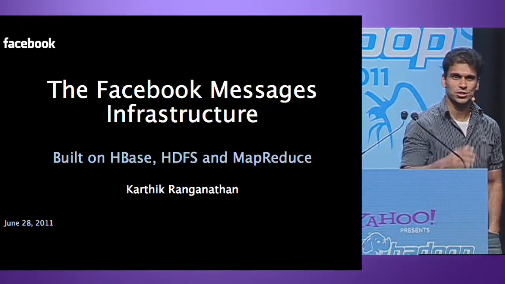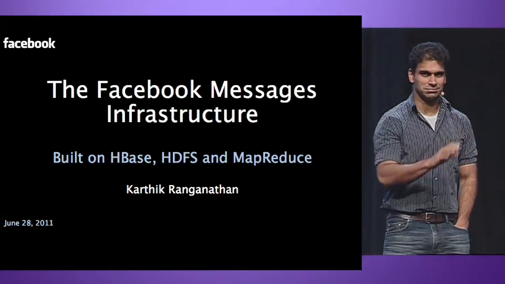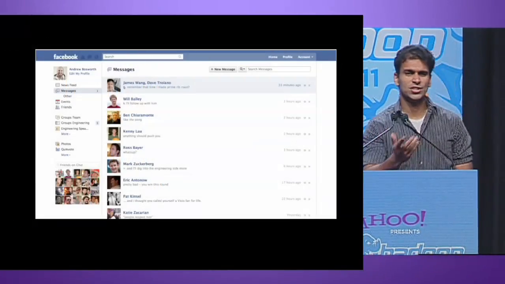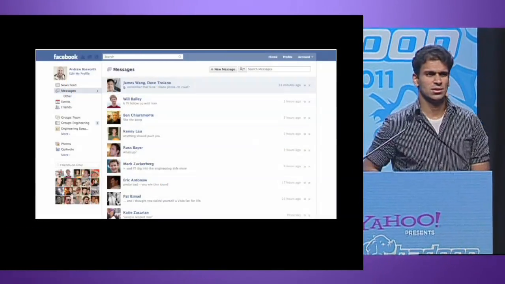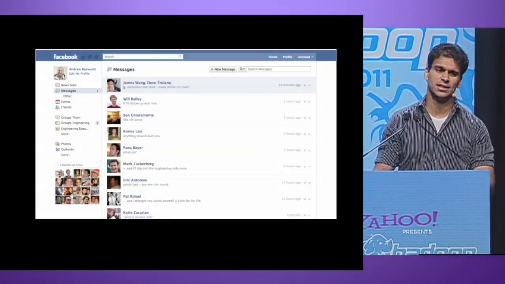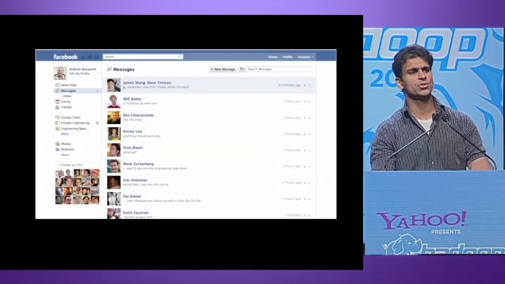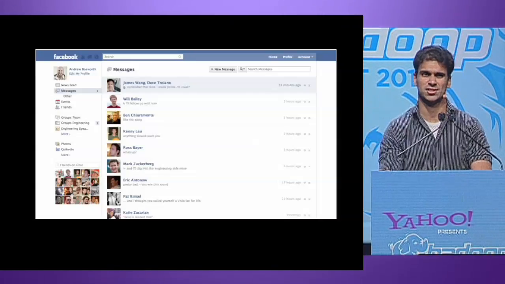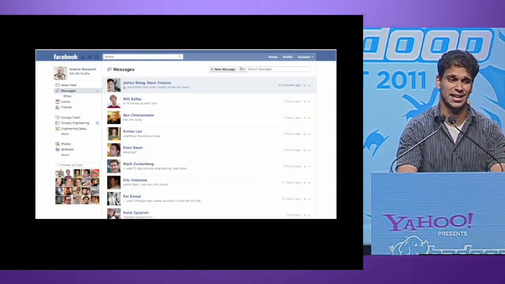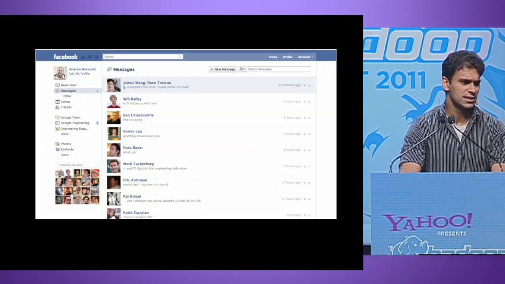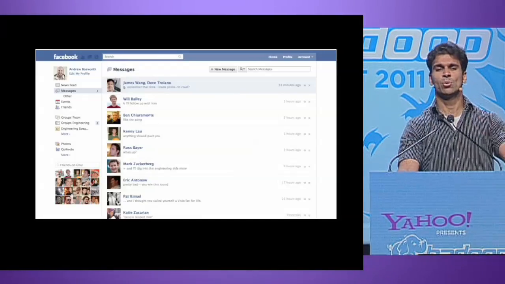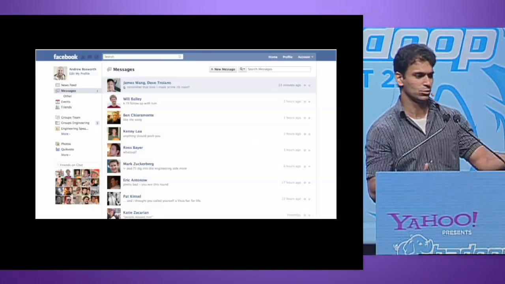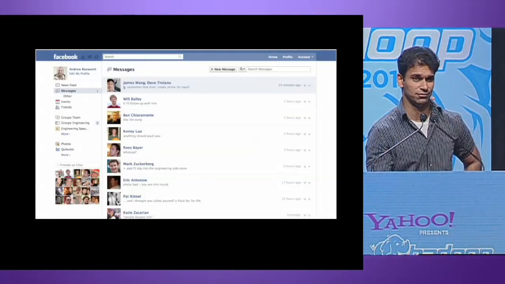I know Anand said we shouldn't think of ourselves only as big data, but this one's all big data. So what is the new messages product that we came up with? To put it in perspective, you may know somebody, Bob, who only reads email, or somebody else, John, who only checks his SMS, especially if they're like some of the cousins I have. But anyways, the deal is, you don't have to think about how you want to reach a person. All you want to think about is the fact that you want to tell them something. And that was the vision behind this product at Facebook.